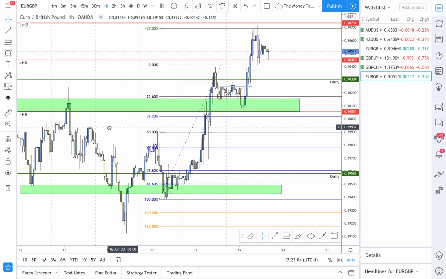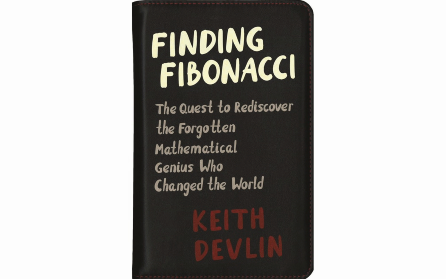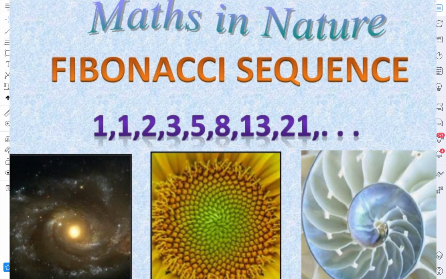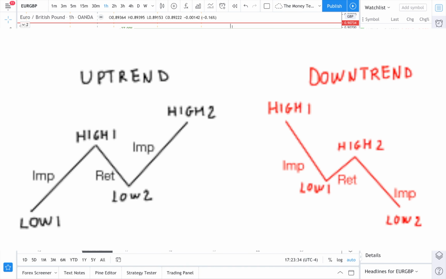Okay, so first off, I'm going to explain what exactly Fibonacci is. Fibonacci is a bunch of ratios that people believe are not mythical, but they can find these ratios throughout many instances in life, and somebody thought of a great idea to apply it to trading. And long story short, what we use it for in trading is to measure the retracement of an impulsive move,